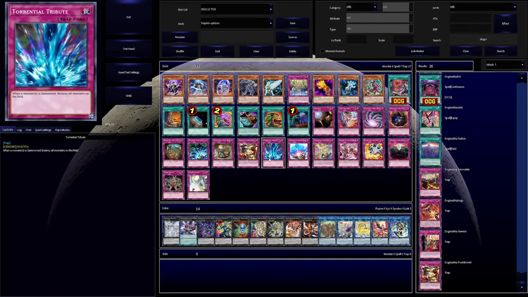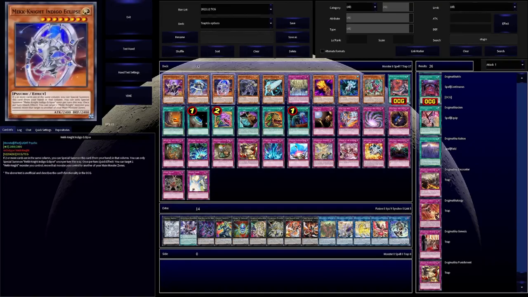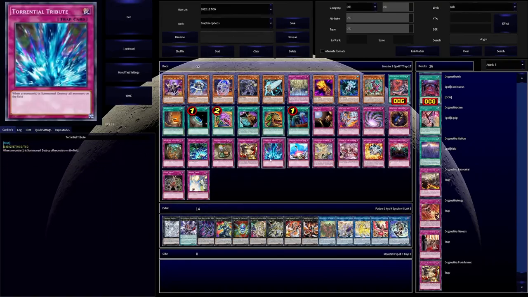Unfortunately, not searchable, except if you're playing Lady Labyrinth. I guess you can search it off, but this will destroy your Lady Labyrinth. It does work under stuff like your Exceeds, since most of your Exceed monsters and your Link monsters like Rafflesia and stuff, they're unaffected by trap cards, so it's kind of cool in that sense. I just think it's